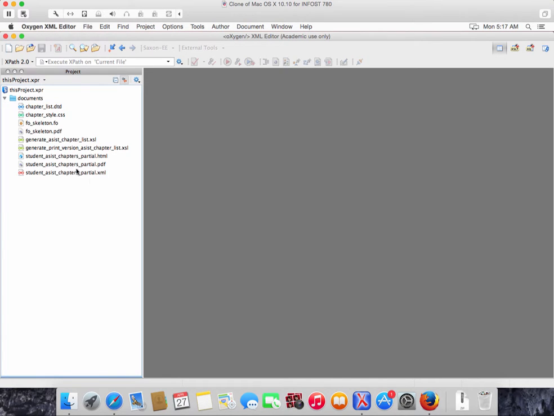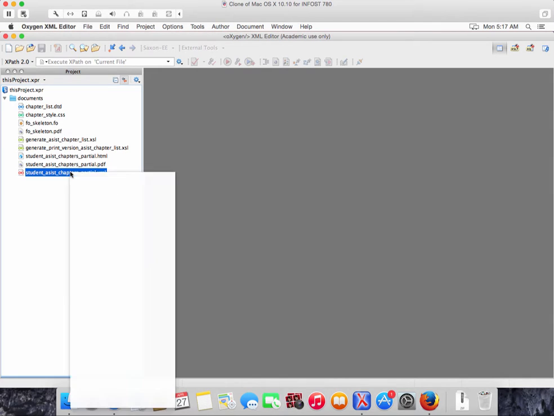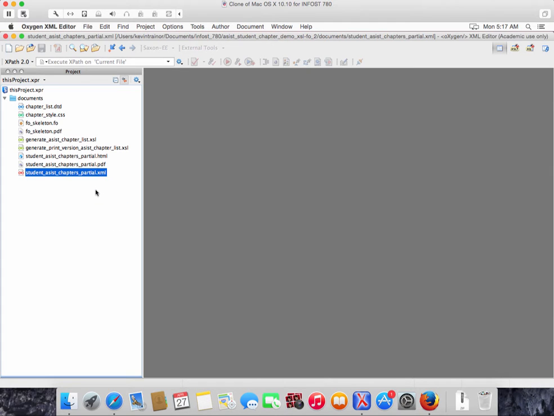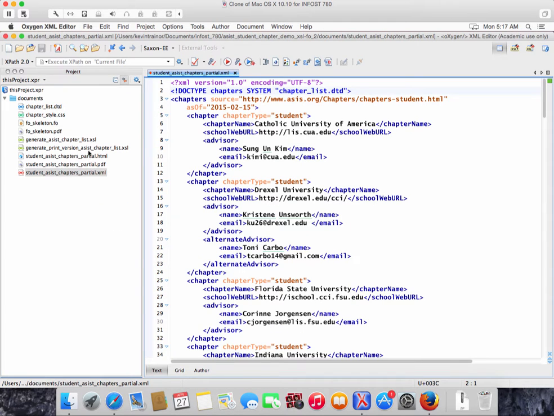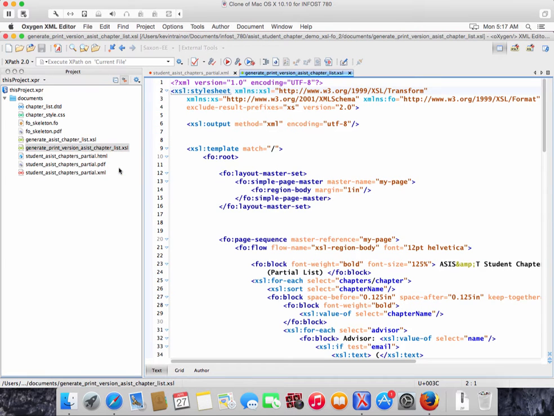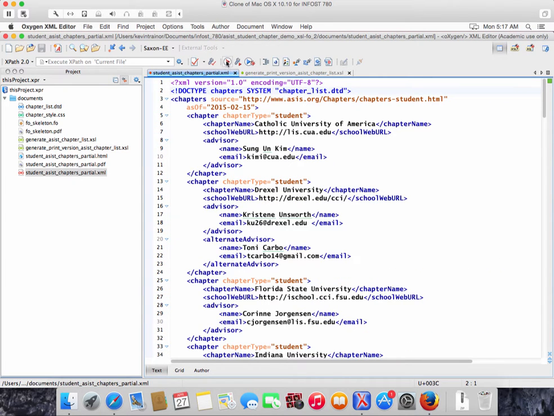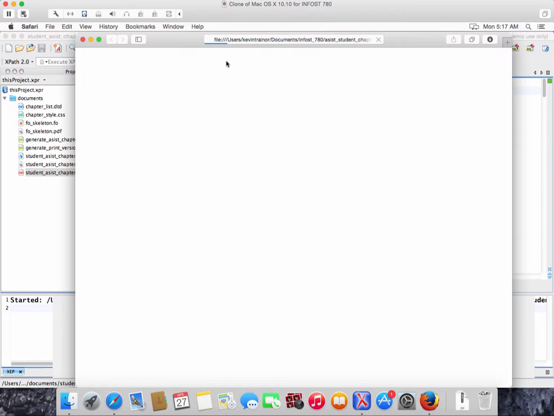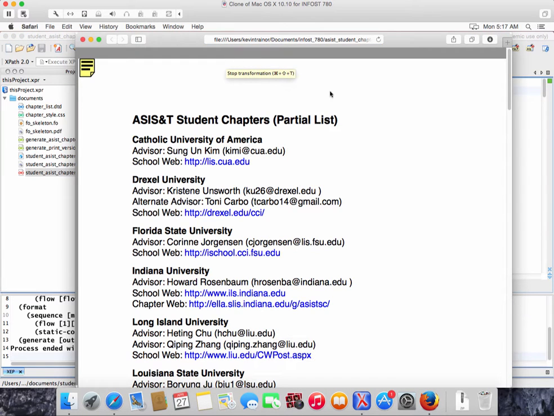And just to prove to you that we are where we were at the end of the last of the demos, I'm going to open up the XML document. And I'm going to open up the XSLT document. And I'm going to run the transformation from the XML document. And we're going to see